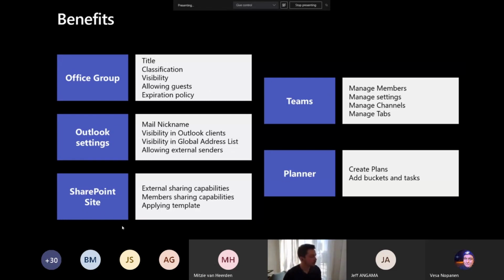From a SharePoint point of view, we will be able to configure the external sharing capabilities. This is related to the security option. It's not because you're disabling guest access on the group that the site cannot be shared externally. So you have to apply that setting twice. Once in the group settings to prevent adding guests, and on the other hand, on the SharePoint side to prevent